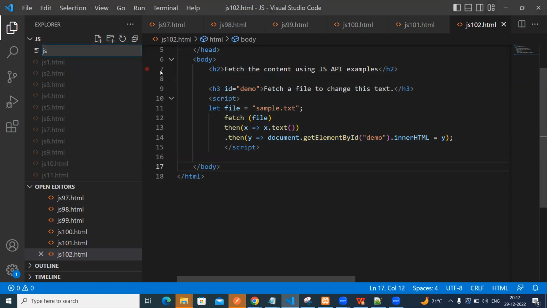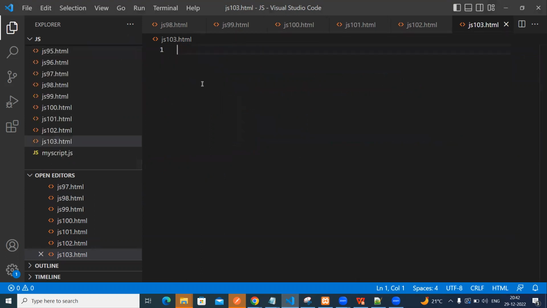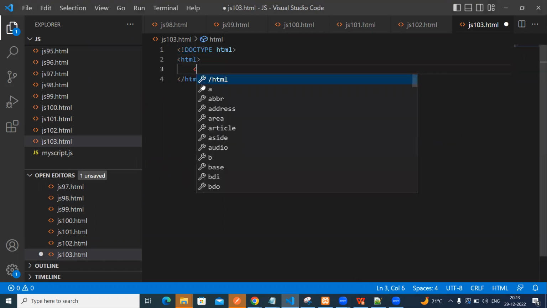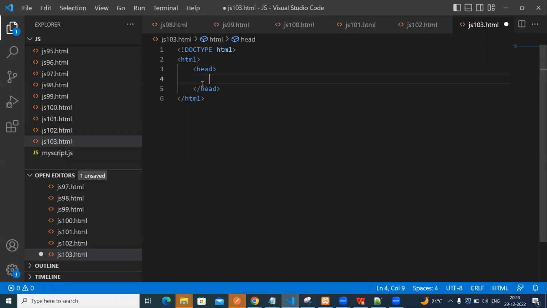JS 103.html. Dot type. So then HTML, then head, title: geolocation API. Then body. So then using this one,